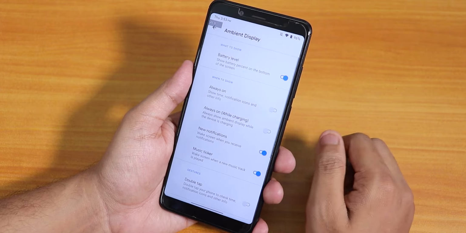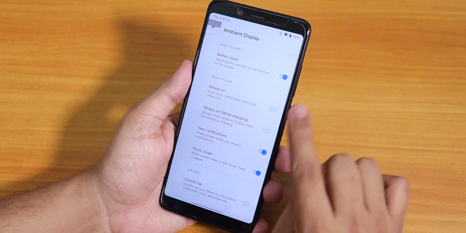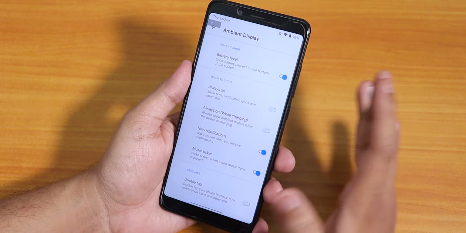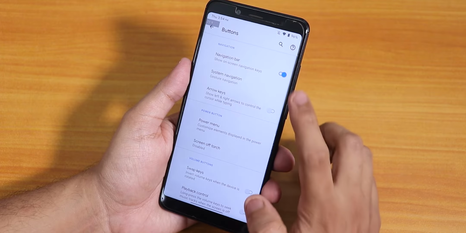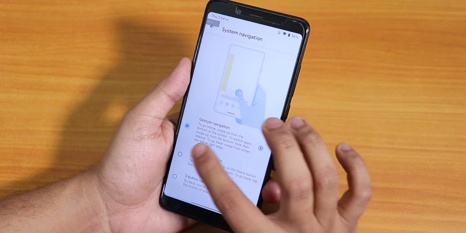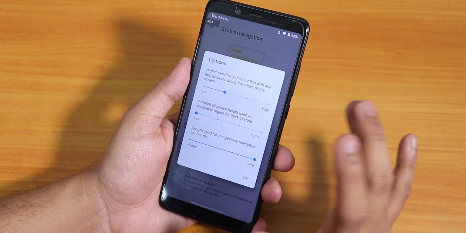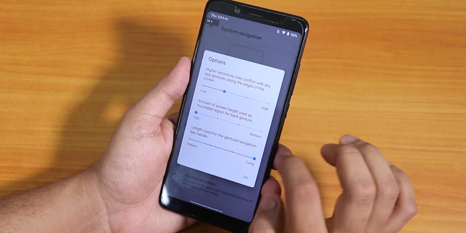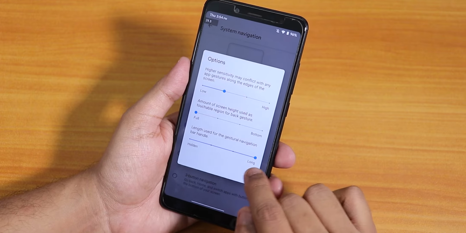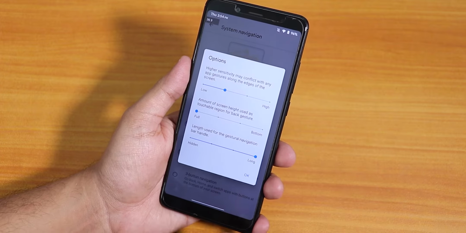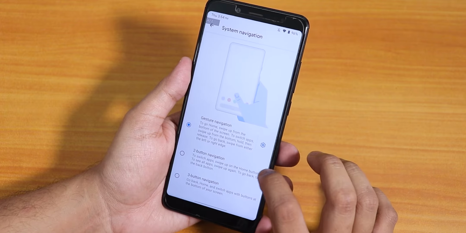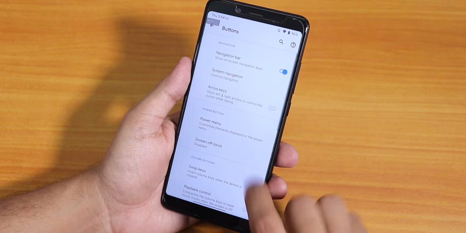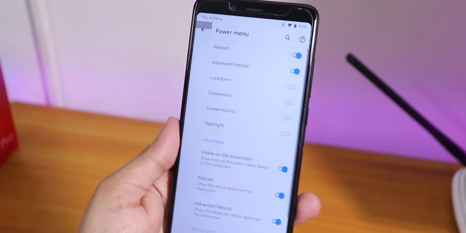Let me go back to the ambient display. Here we have the battery level, and also we have the always on display. If you want that for some reason, that thing is there. In the buttons we have the navigation bar, system gestures are there, and here we have the Android 10 gestures. Inside settings you can have this bar to be long, and with this feature you can have the pill bar to a long kind of look over here. Let me go back. We have the 2 and 3 button navigation,